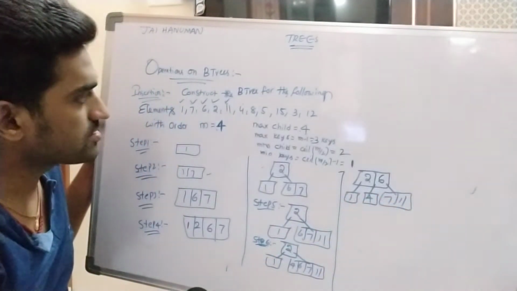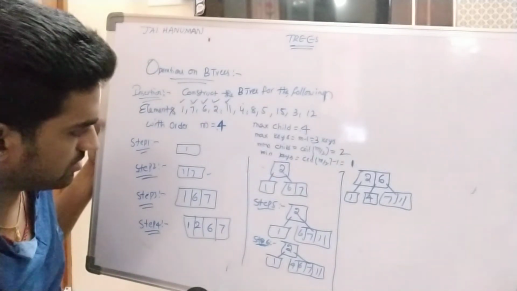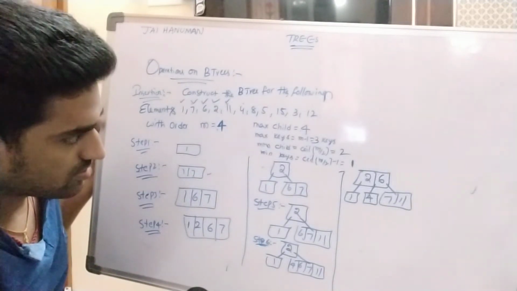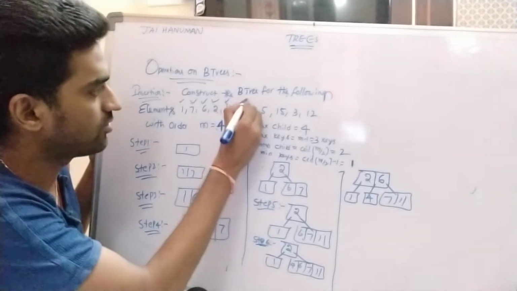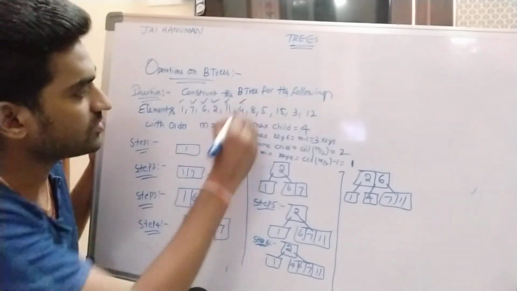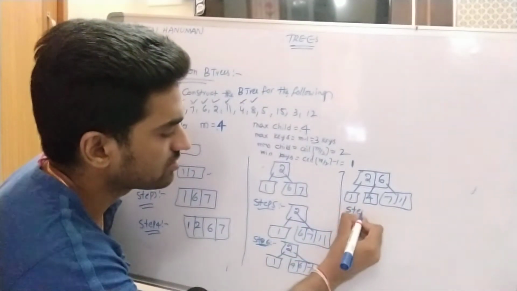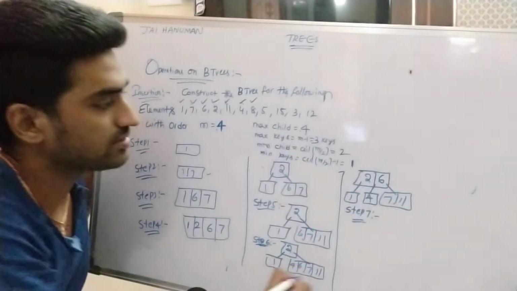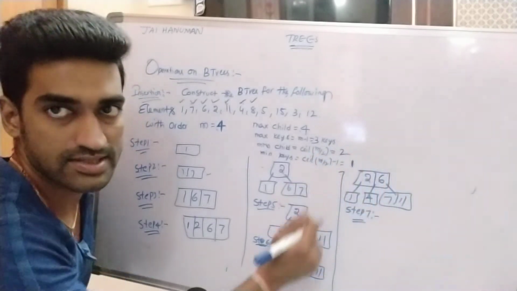Right? So what is the next inserted key value? So this is 2, we are already inserting 4, fine. What is the next inserted key value? 8. In step 7, we are inserting 8. So when compared to 6, 8 is greater value. So that's why we are inserting right of 6.